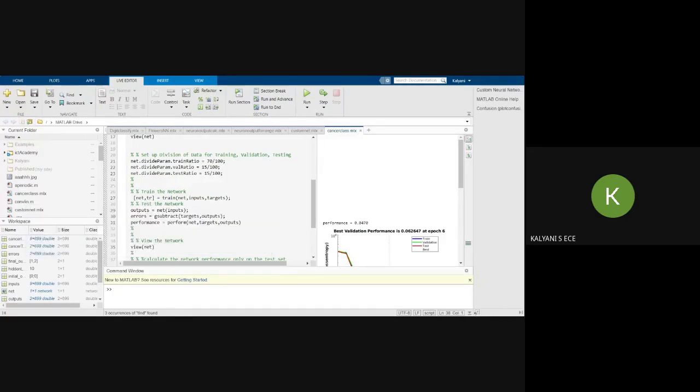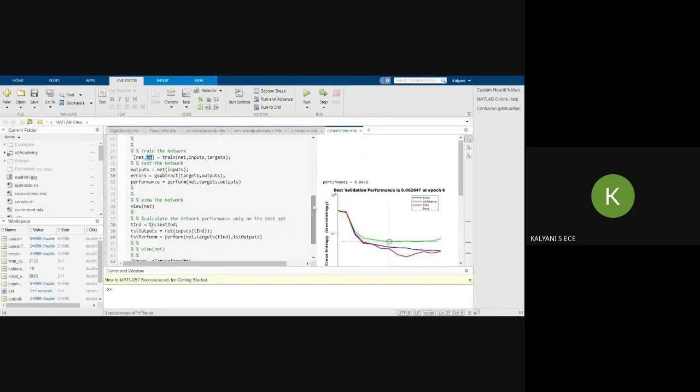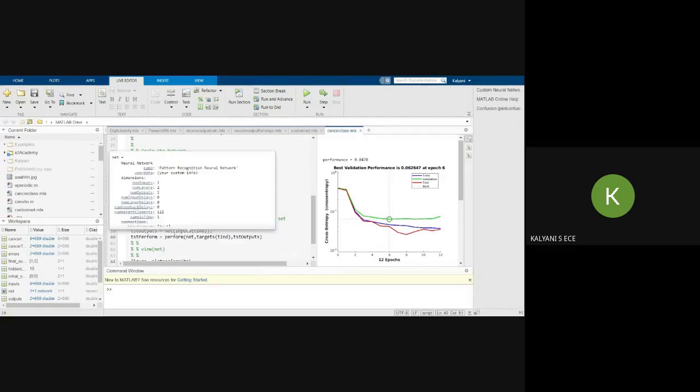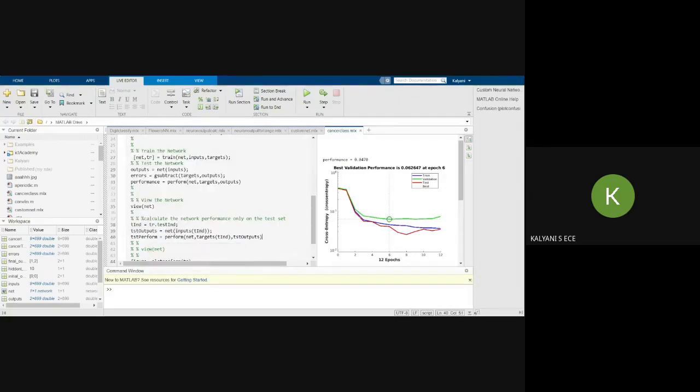Okay, so you will have here the data in TR. Now I'm going to use TR. I'm taking only the test inputs from TR. So I have given here test input as tr.testInd, and then I'm going to calculate the output. So you have to use net of inputs. Okay, so you have to give the input, and then calculate the output, and you are going to calculate the performance. Okay, so for performance you have to use the keyword perform, net comma target dot tst output. Okay, so once you run it,